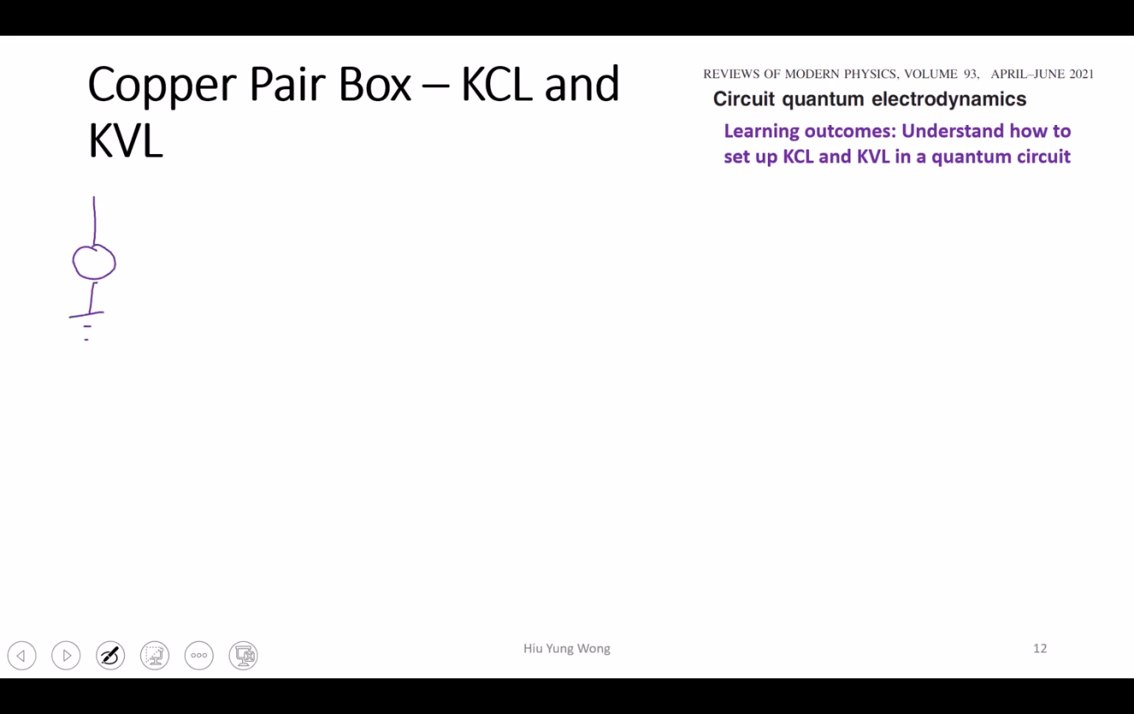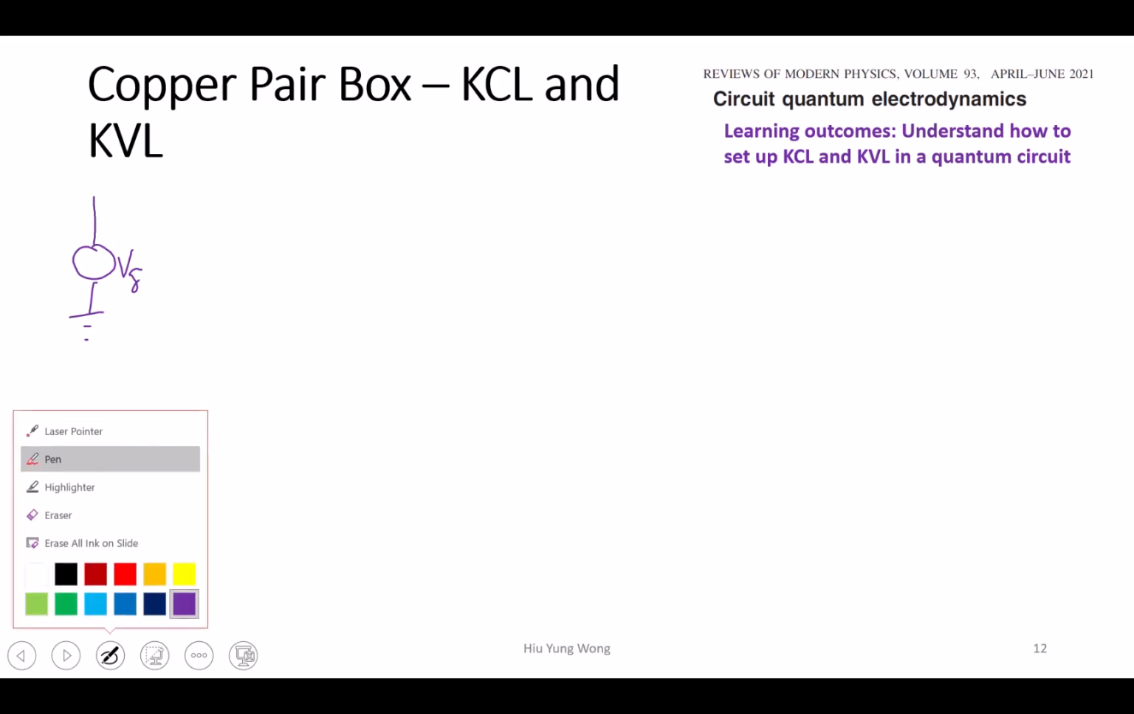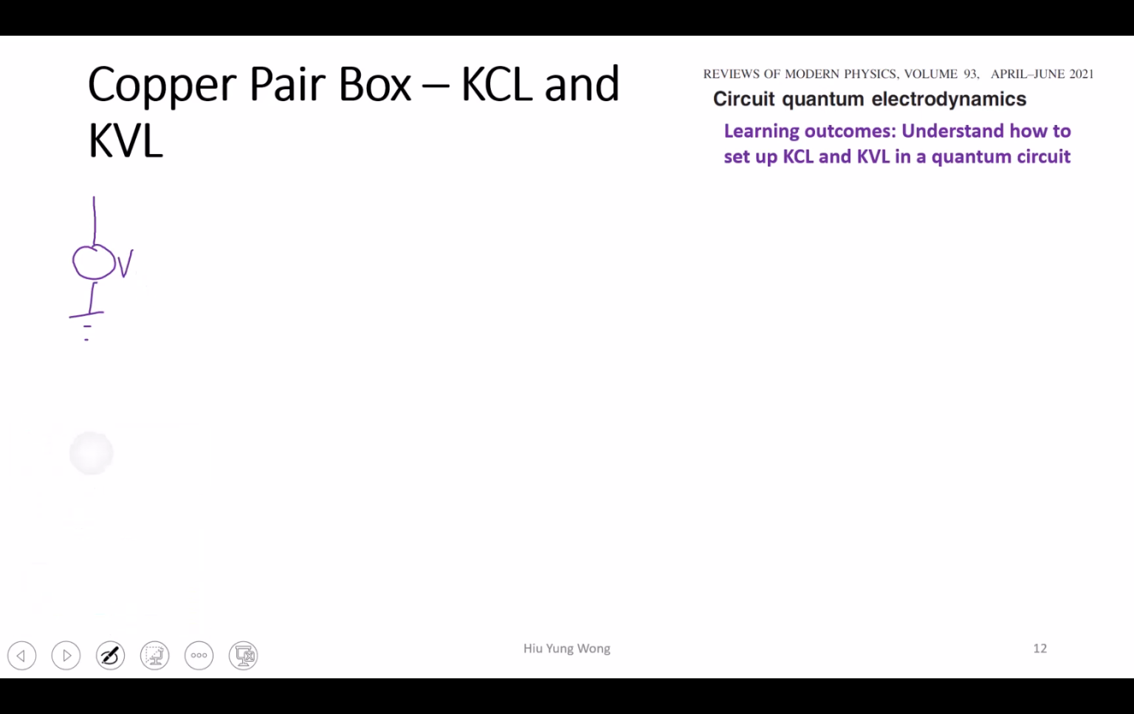We have a gate, just VG. People probably don't call it gate voltage, but just a control voltage, VG, coupling to a capacitor, CG. And this CG is then connected to this artificial atom, where we have the,